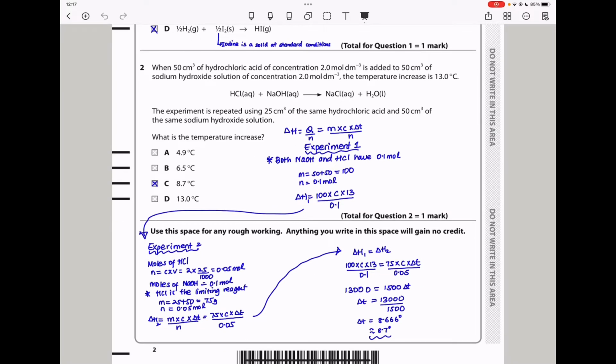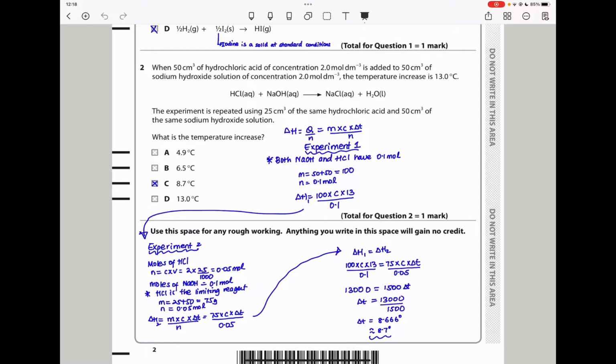From experiment 2, the moles of hydrochloric acid used were less than those used in experiment 1 because the volume was lower than the volume used previously. So here number of moles is concentration times volume, which is the concentration times the volume used, giving me 0.05 moles. However, the moles of sodium hydroxide remain the same, which is 0.1. So here we can see hydrochloric acid is going to be the limiting reagent, and therefore we are going to use its number of moles. Here I included HCl is limiting, so the number of moles we're going to use is 0.05